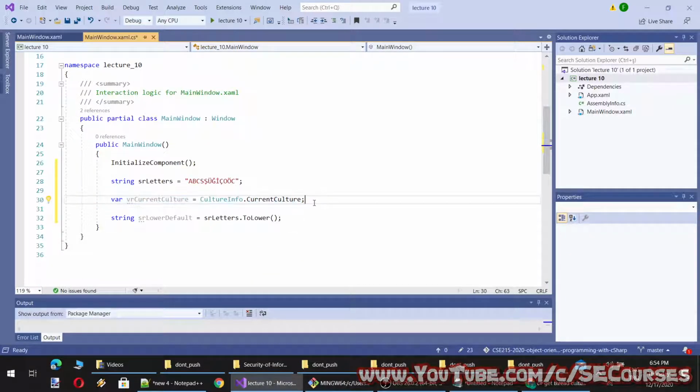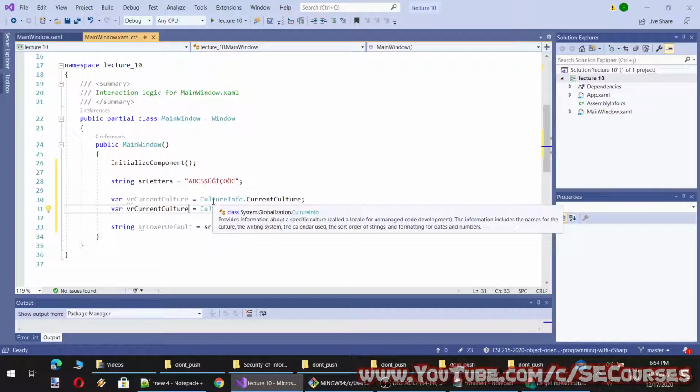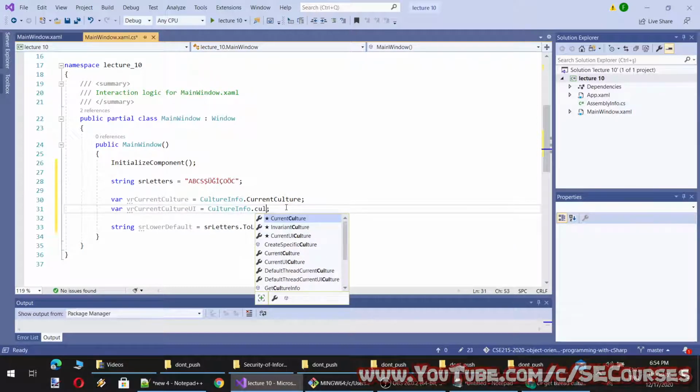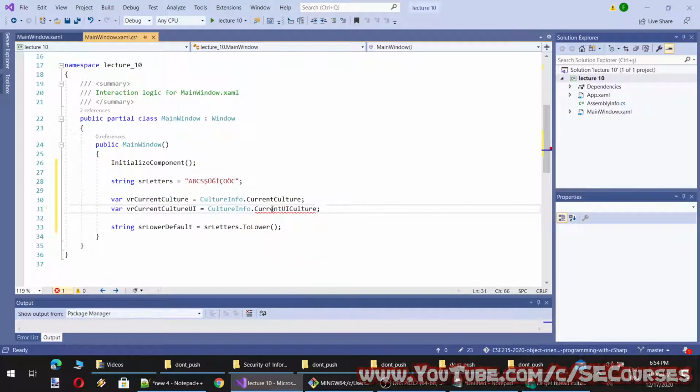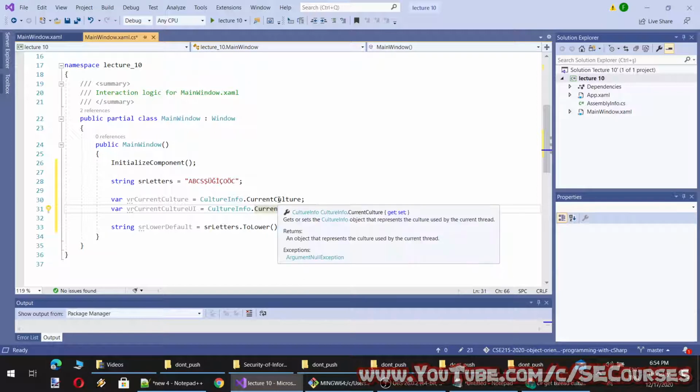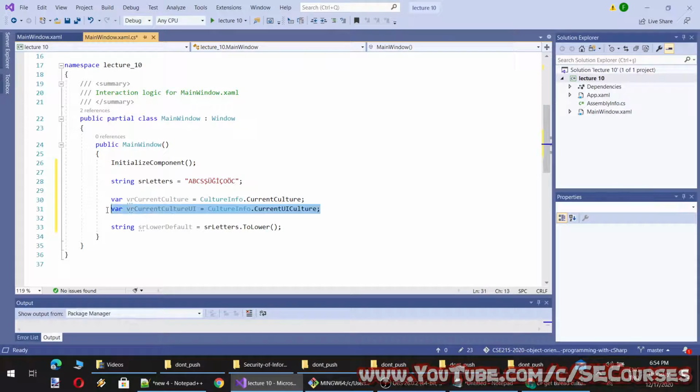There is also CurrentUICulture. So this is used in the user interface and this is used in the current thread.